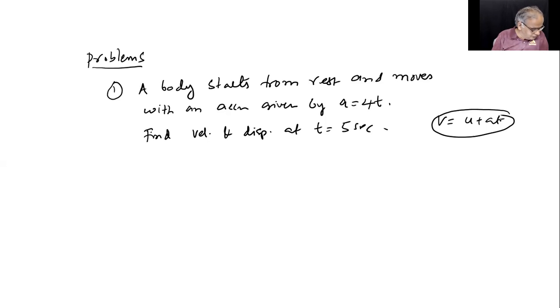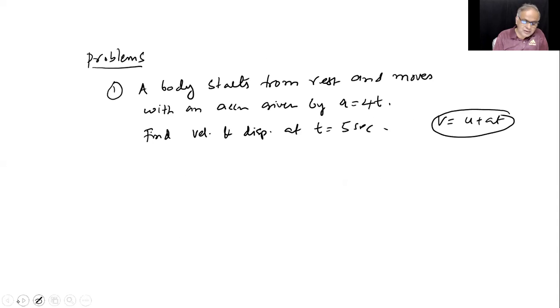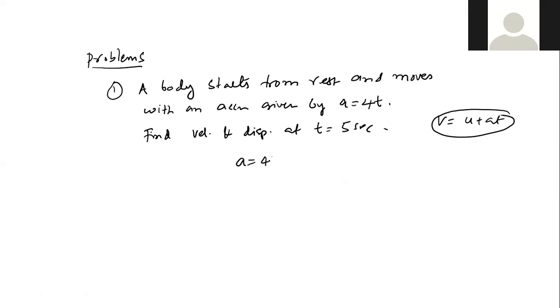Hello, children. Vishnuvardhan. Yes, sir. So what was the idea: when I have a, how to get v and s? We were told already, no? When a is there, you get v by this one. When you know v, you get s by this one, right? So I should start like that. a equals 4t. Straight away you wanted v equals integral of a dt like this.